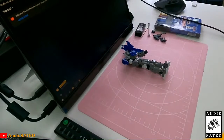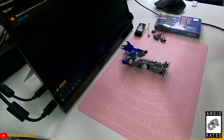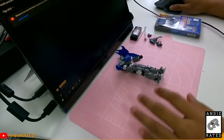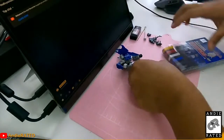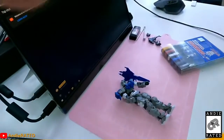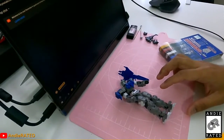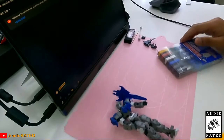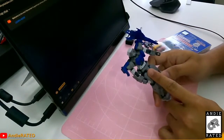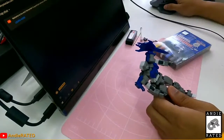Okay, so let's start. Let me take that away. So today I'll be starting off with painting a few things on this item. Just a bit of my screen. There we go. So this is an Alto from the 30 Minute Missions, and